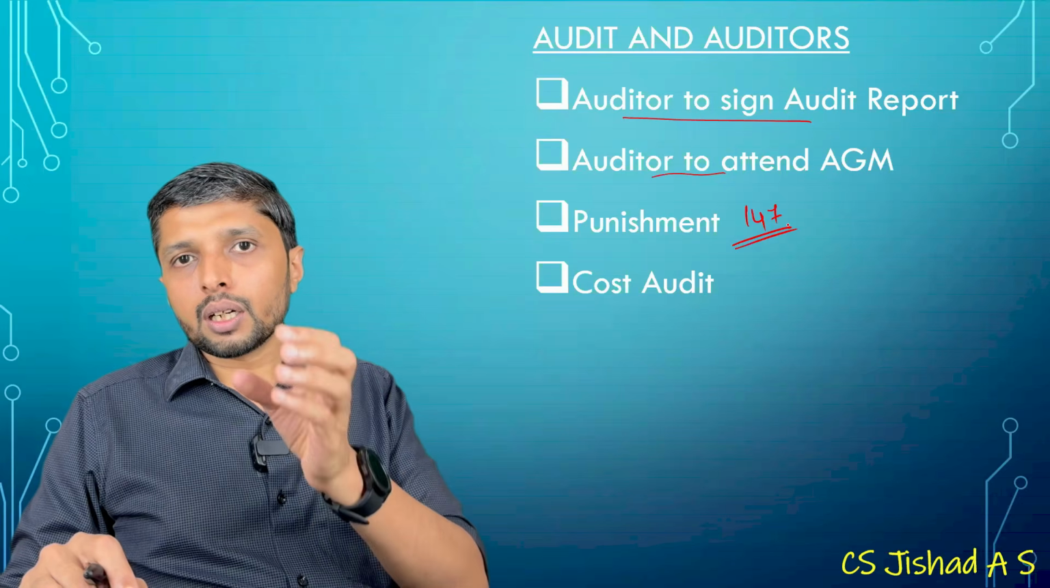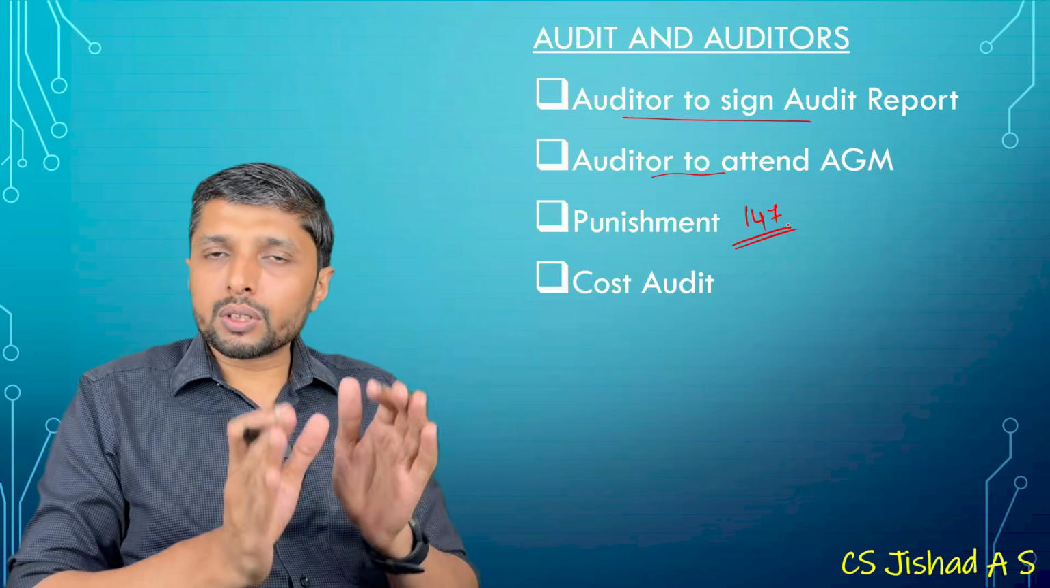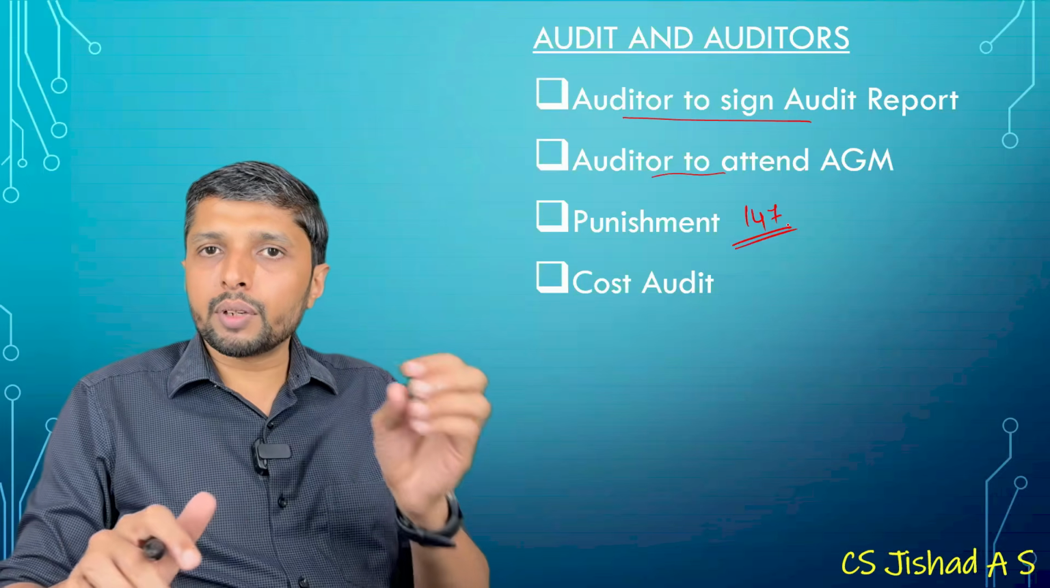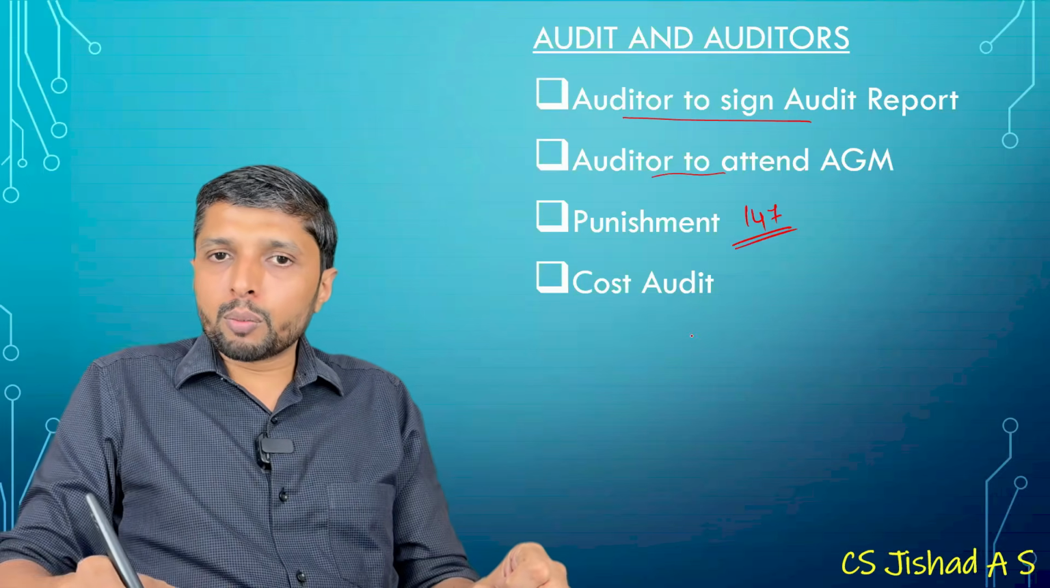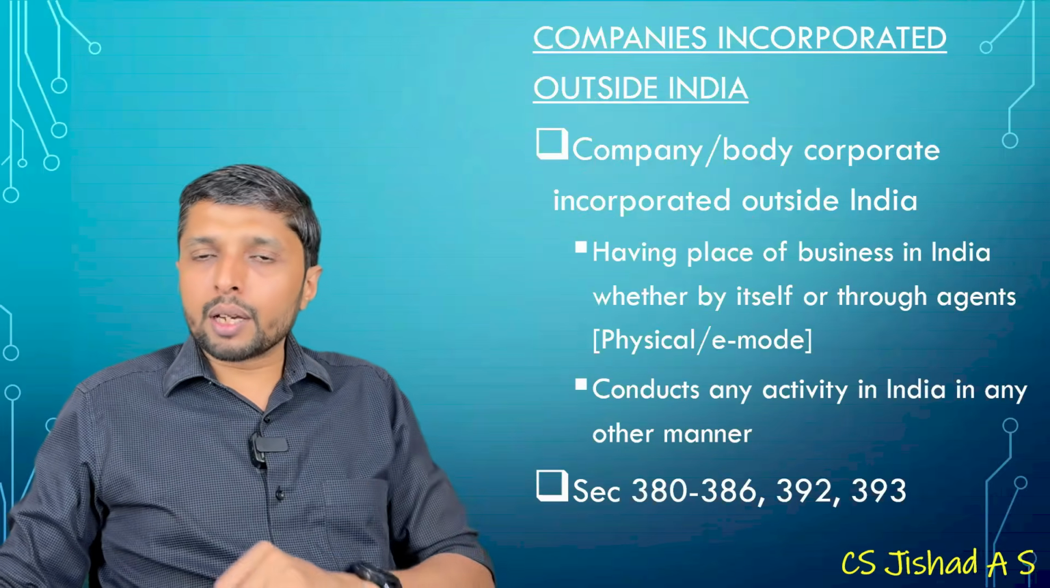139, 144 or 145. Okay, or if the company or officer in default is violating 139 to 146, they will be having certain other punishment. The provision of cost audit is explained in section 148. Now we can move to chapter